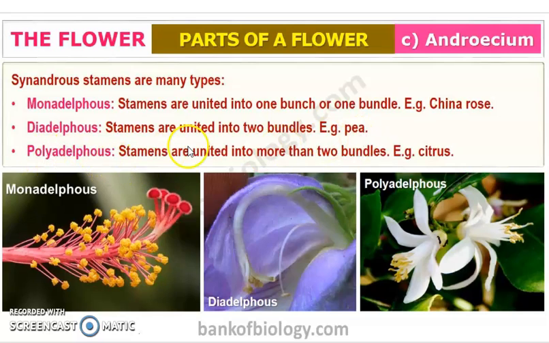Here the stamens are united into more than 2 bundles. There will be more than 2 bundles. Example is citrus. You can see it here. So it has many bundles in one flower itself. Okay, so stamens are united into more than 1 bundle. Example is the citrus, right? So this is about the